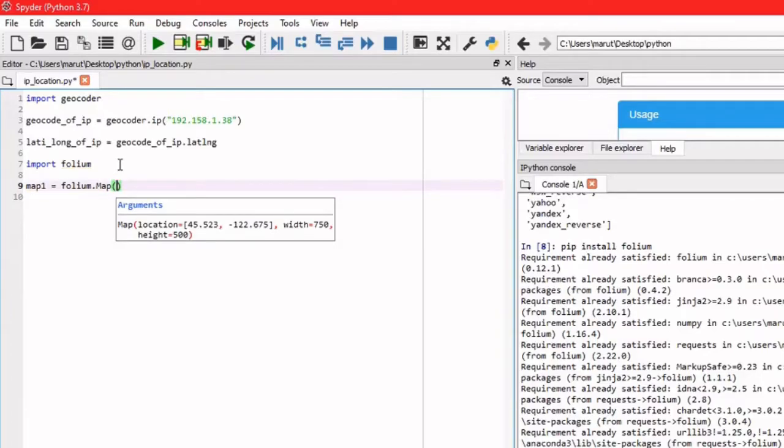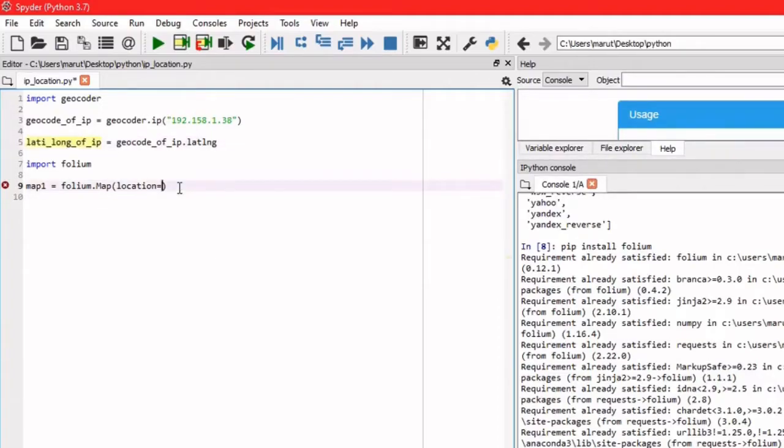So the Folium location will be the latitude and longitude of the IP. And one more thing you can give here is zoom, how much you need to be zoomed in the initial stage. If you give more zoom it will give more details, and if you give a lesser amount of zoom then it will show the overall picture. I will explain later. For starting purposes I will give zoom start as only 10.